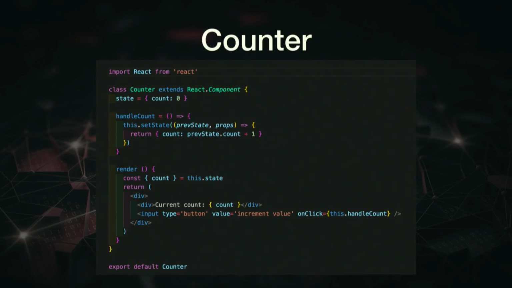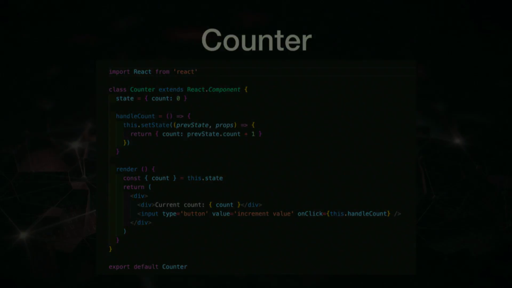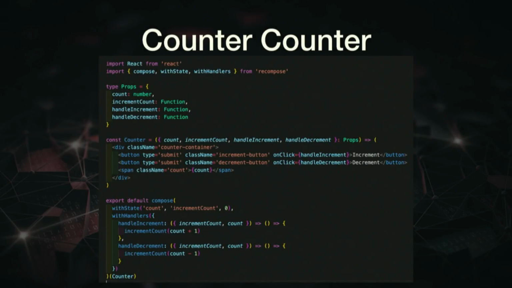So you have your handler function. You have your render method with your JSX in it. But this is your counter. So I'm countering the other counter with this counter. So that's why it's a counter. Anyway,